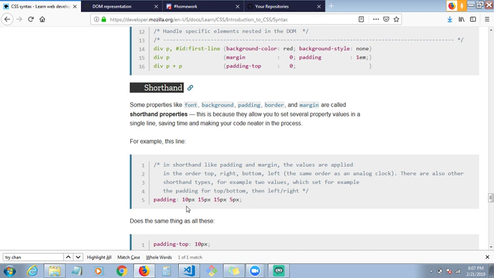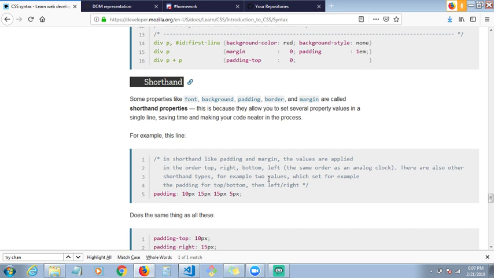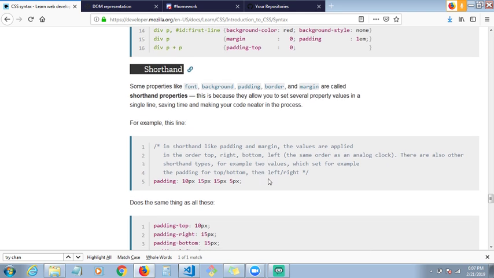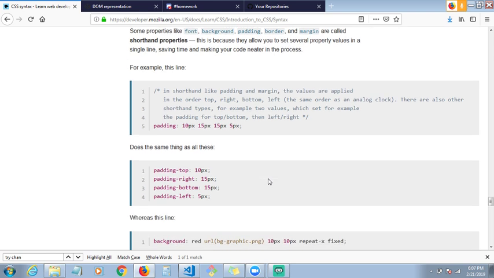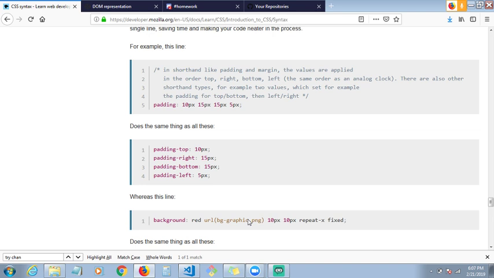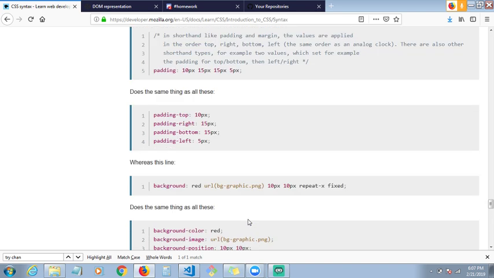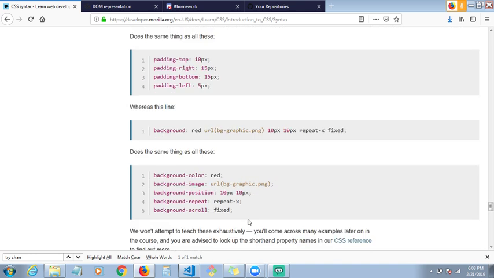In shorthand, like padding and margin, the values are applied in the order top, right, bottom, left. The same order as an analog clock. There are also other shorthand types, for example, two values, which set, for example, the padding from top to bottom and left to right. Does the same thing as all these. Whereas the line background, red, URL, repeat-x, fixed, does the same thing as